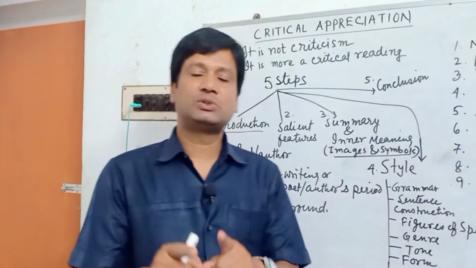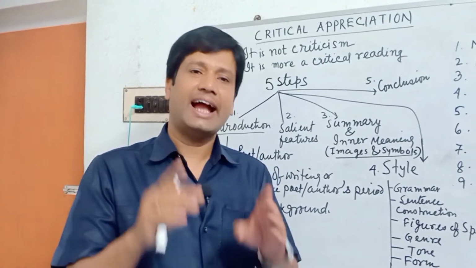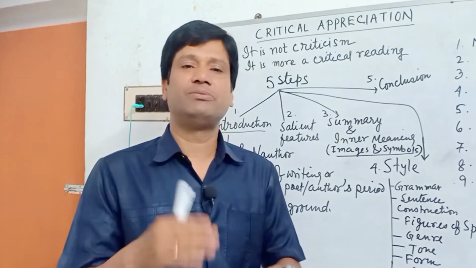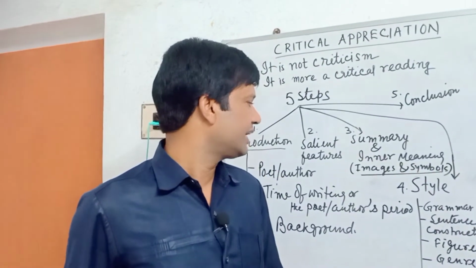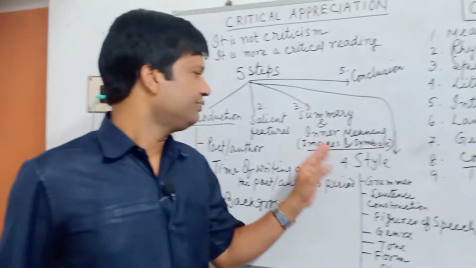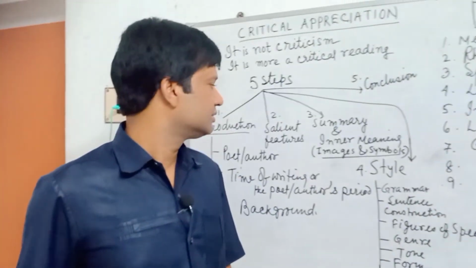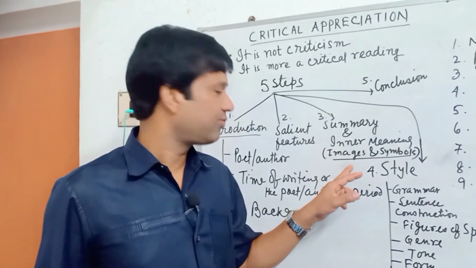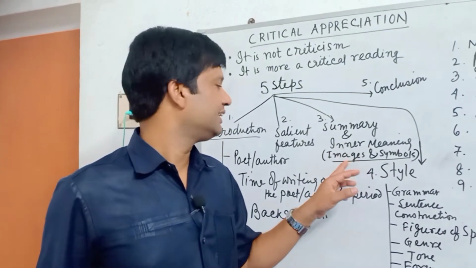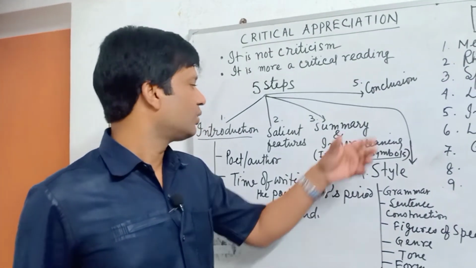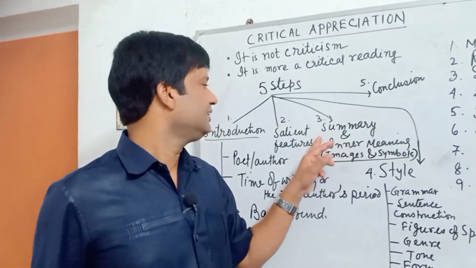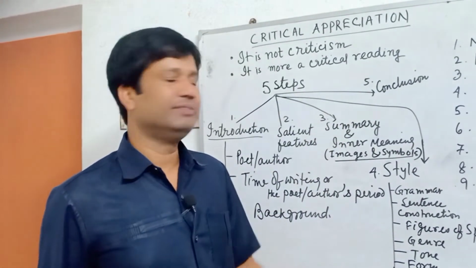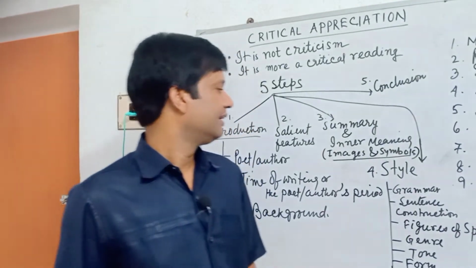You should write the summary and the inner meaning of the literary text, maybe poetry, maybe drama, maybe short story. Okay. And if there are images and symbols, you should focus on them. You should explain the meaning of the images and symbols also. So all these should be written in the third paragraph, that is summary and inner meaning. Am I clear? Next,